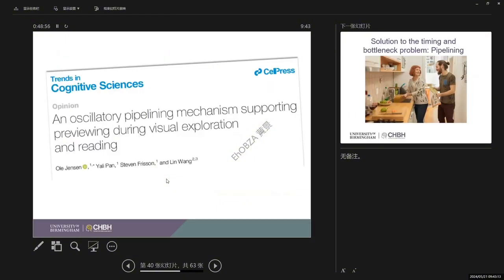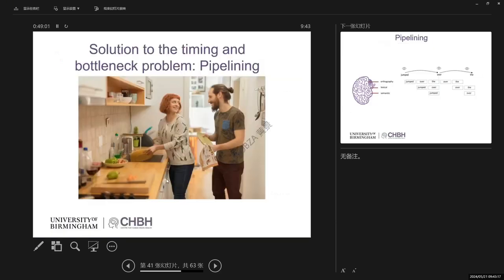Then the next topic is going to be on the timing of it all. And again, this is back to pipelining, right? So I mentioned pipelining before during natural visual processing. We also think that pipelining is going on during natural reading. And again, this is about operating at different levels of the processing hierarchy, but doing these operations in parallel.